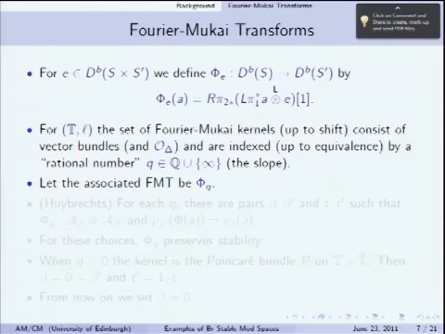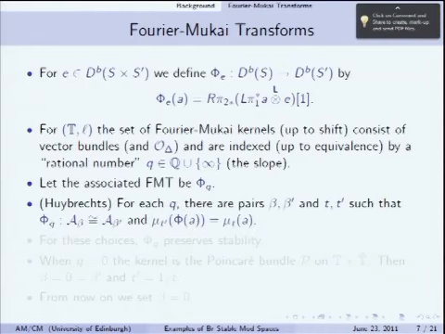So given a rational number Q, I'm going to let the Fourier-Mukai transform just be phi Q. Actually, I'm going to set Q equal to 0 very soon anyway. And a rather beautiful observation of Huybrechts in a paper, was it 4 years old now, 3 years old, was that in this kind of context for K3 and abelian surfaces, that given a Fourier-Mukai transform, we can always find a pair of parameters beta and beta dash and t dash such